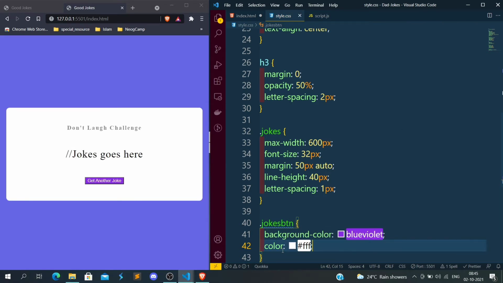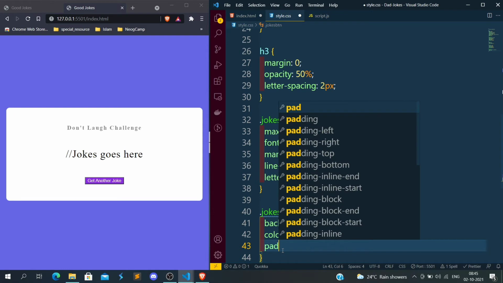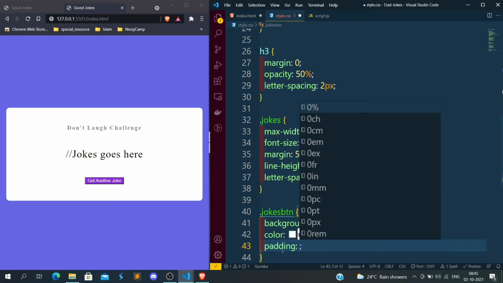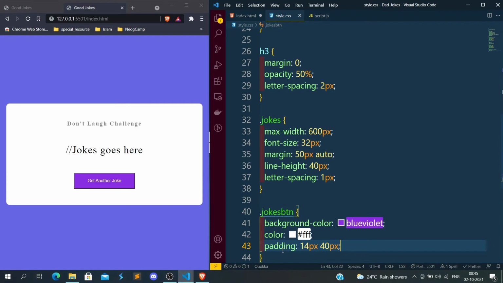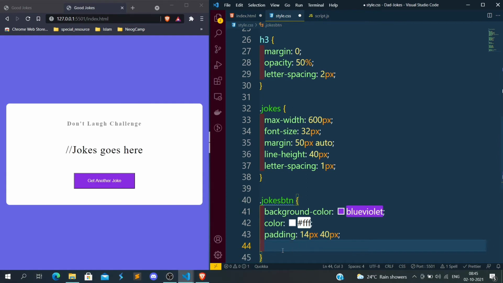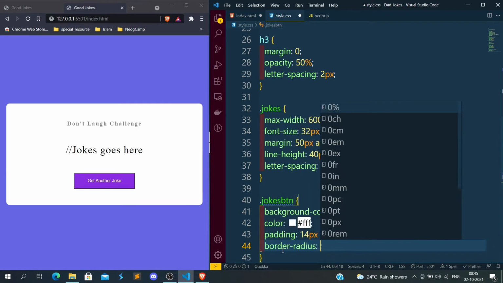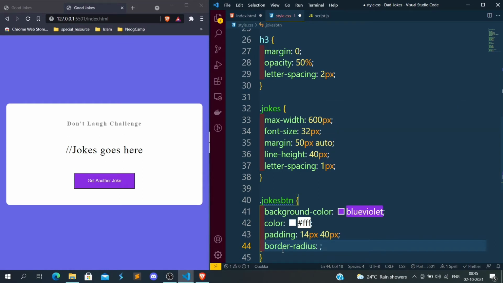Let's add some padding, so let's give 14 pixel padding from top to bottom, and let's give 40 pixel left and right. We want border to be 0, we don't want any border.